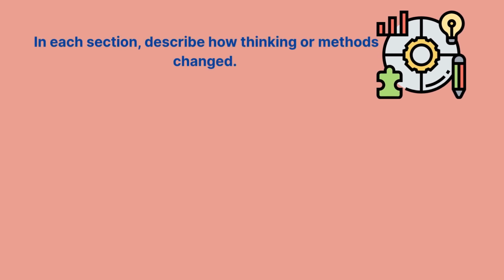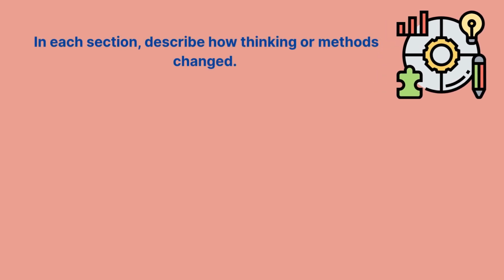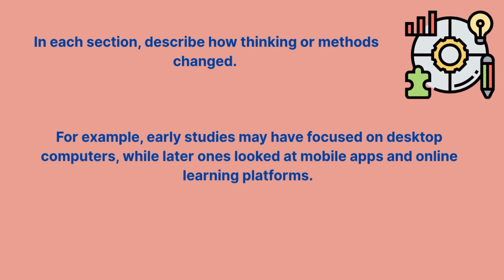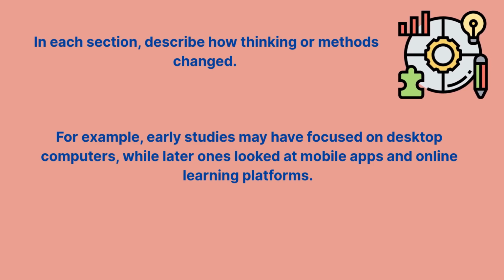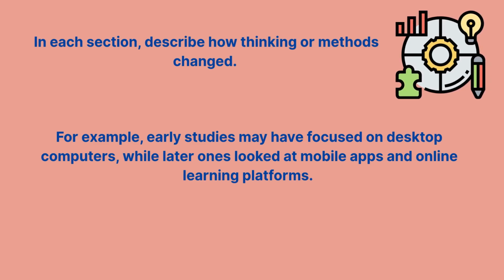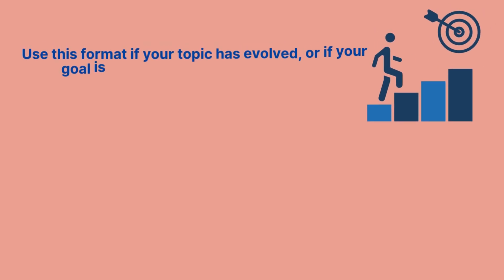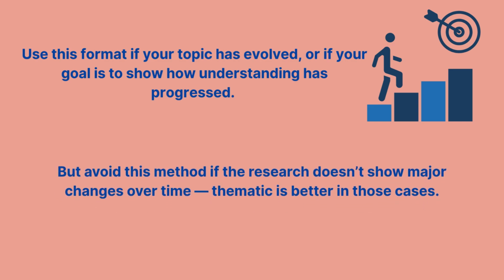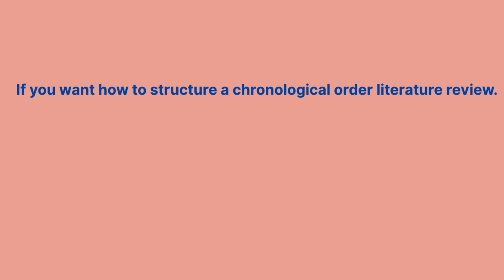In each section, describe how thinking or methods changed. For example, early studies may have focused on desktop computers, while later ones looked at mobile apps and online learning platforms. Use this format if your topic has evolved, or if your goal is to show how understanding has progressed. But avoid this method if the research doesn't show major changes over time. Thematic is better in those cases. If you want to know how to structure a chronological order literature review,